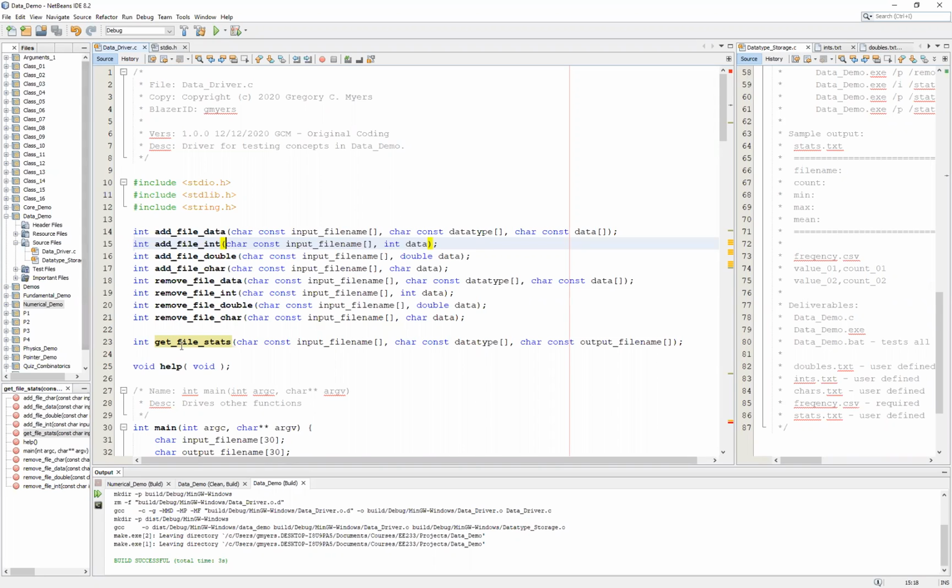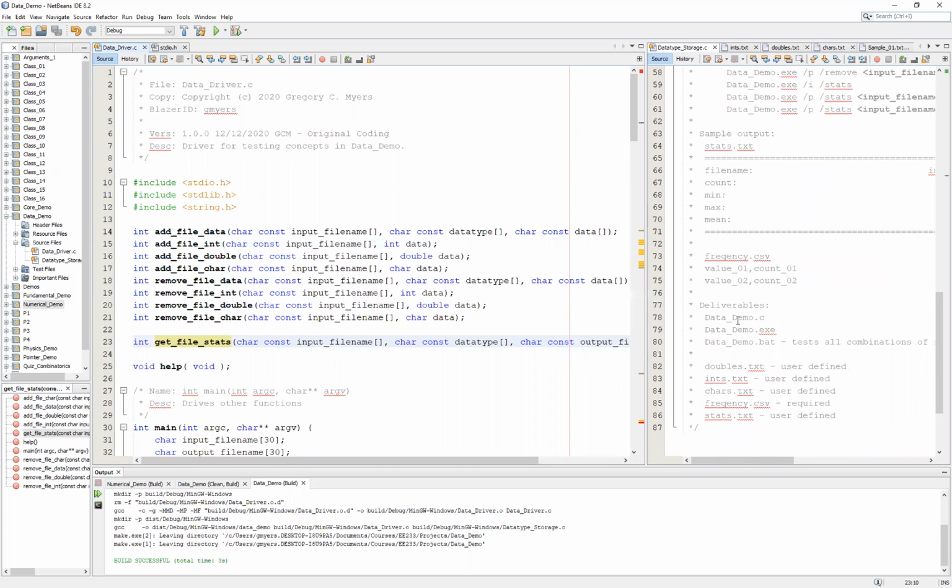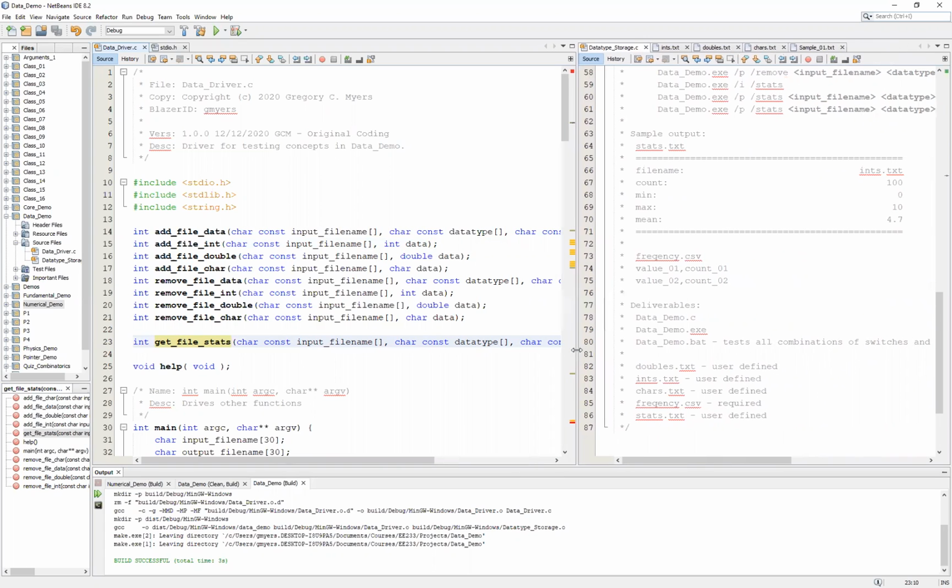In this video, we're going to take a look at our get file stats function, and one way to solve the problem of finding some information about your file. If you look at the instructions for the data type storage.c, one of the things you are asked to do is provide some statistics for a data file based on the type of data that is in the file. I've provided you with some sample output and some things that you might want to